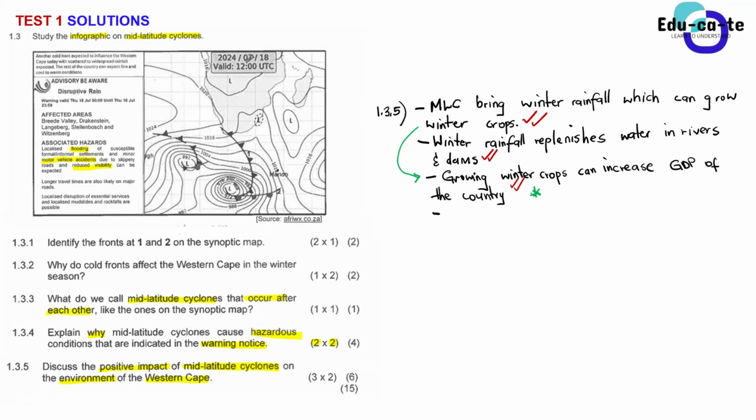Agriculture, yes, even livestock farming you can also include, and say that basically, remember guys, when there is enough rainfall there will be more pasturage for the livestock to feed on, because agriculture, guys, is in 2 ways. We have got crop farming, we also have got livestock farming. So agriculture can be in 2 ways. We have already talked about the winter crops. Now we can talk about the livestock and say that the winter rainfall